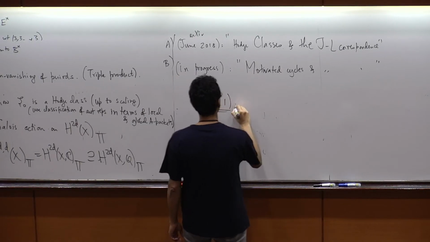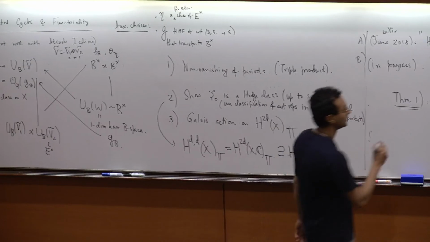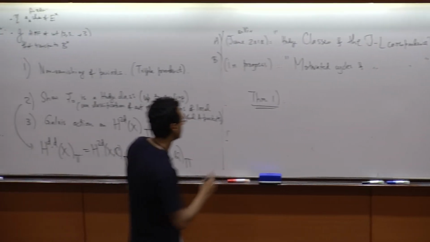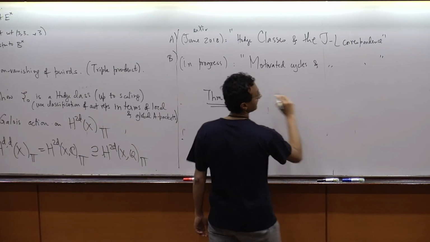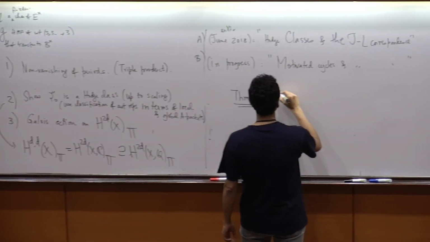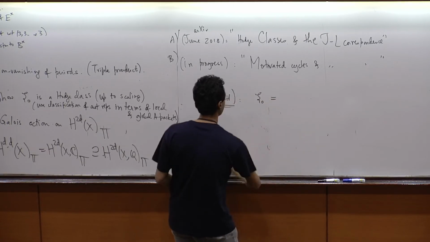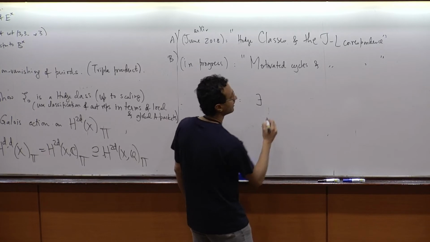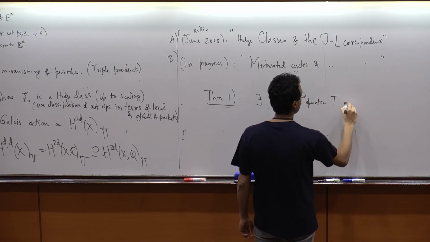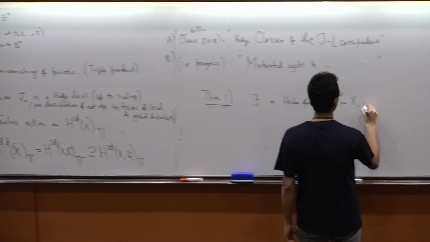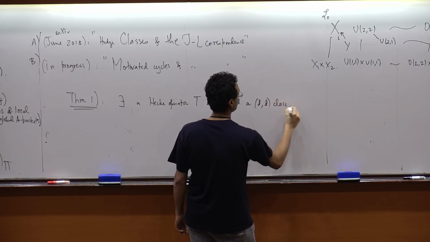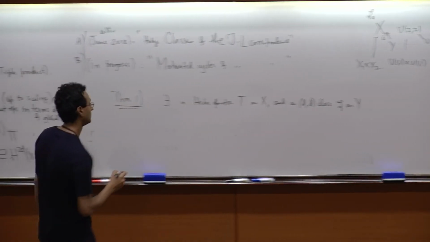So theorem 1 is the following. Remember that we have this class C0 over here. Theorem 1 says the following, and let's call this map I. So this says that C0, let me write it this way: there exists a Hecke operator T on X and a DD class on Y, which I'll call C on Y, such that,